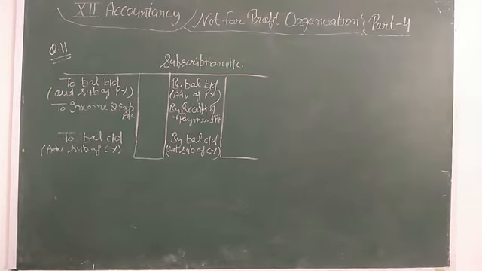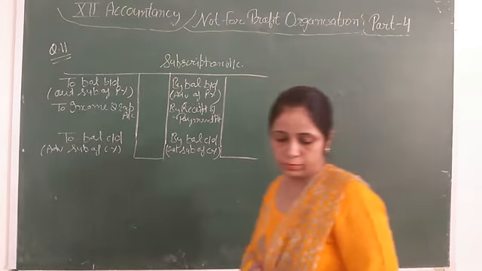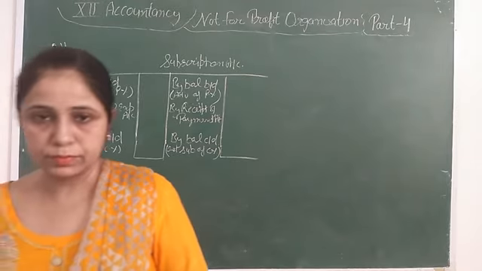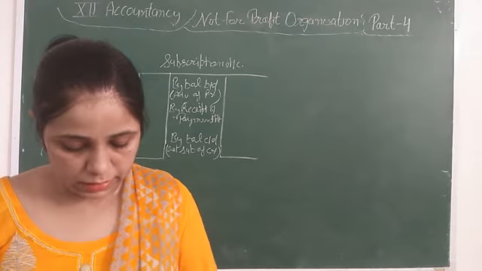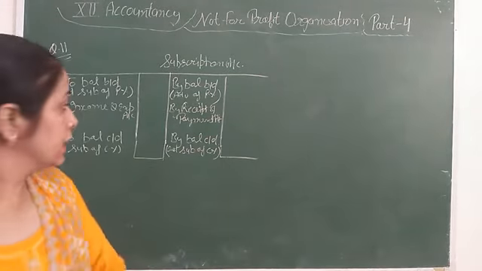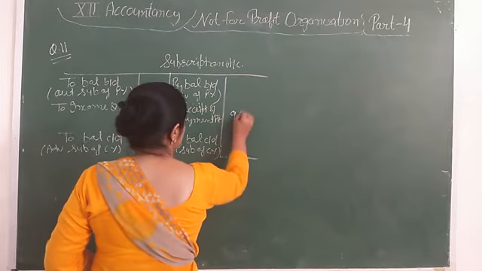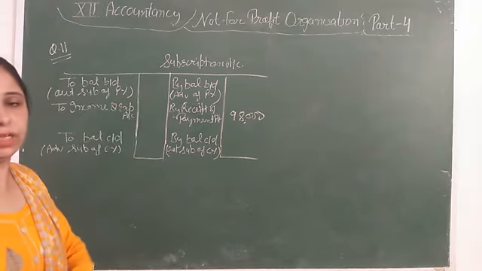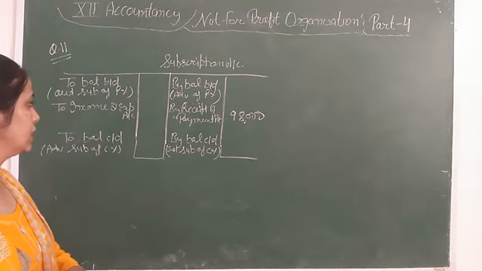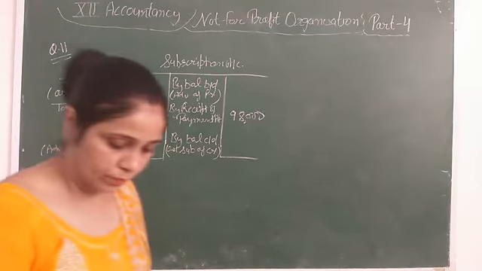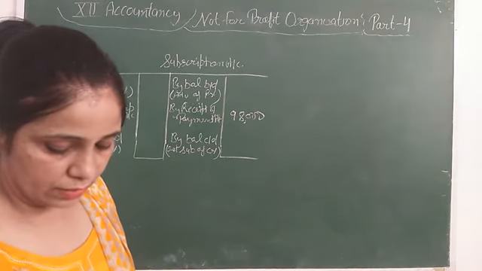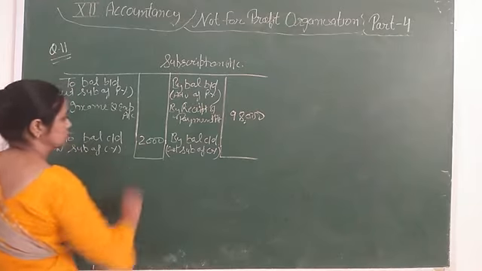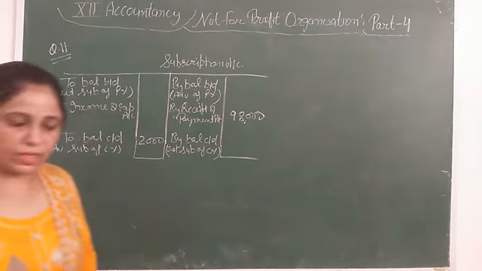Yes friends, question number 11, example number 11 of your book. Subscription received by the Royal Club on 31st March 2016. The total subscription received is 98,000. You can make the pro forma here, because only these 6 items will come. If any item is not given, then you will leave it blank here. We have received 2,000 of the next year. This is the advance subscription of the current year. 2,000 we have received for the next year.